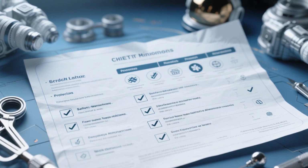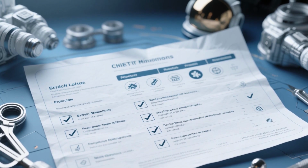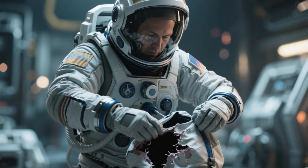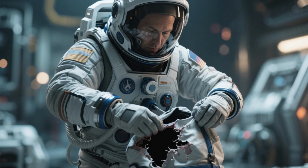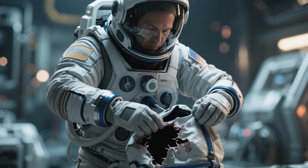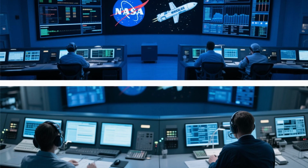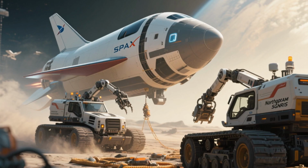Astronauts know the risks of space travel and take every precaution to ensure their safety during a spacewalk. If an astronaut's suit were to breach while outside of the space station, they would follow several emergency protocols, such as donning a backup suit if available, sealing off the breached section of the space station and pressurizing the crew cabin to foresight. In the event of a hull breach, NASA would use a combination of their in-space and on-ground